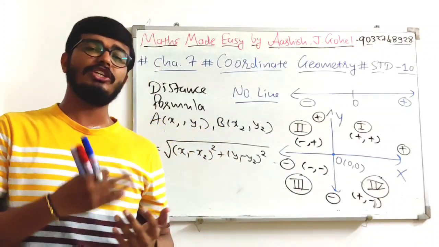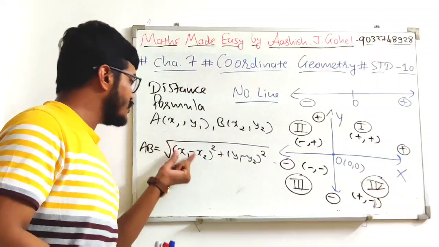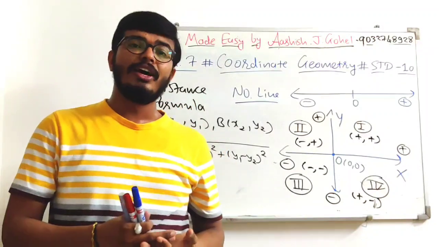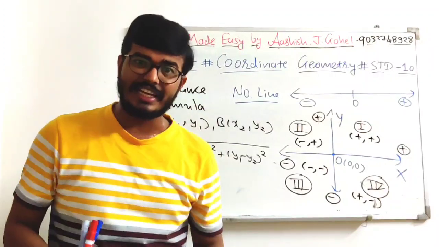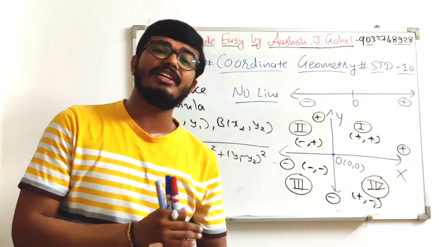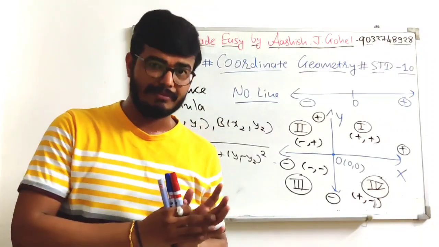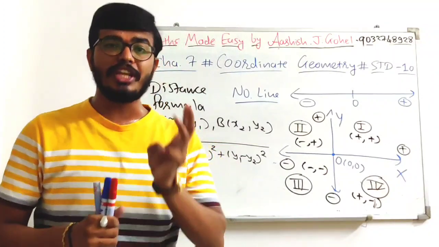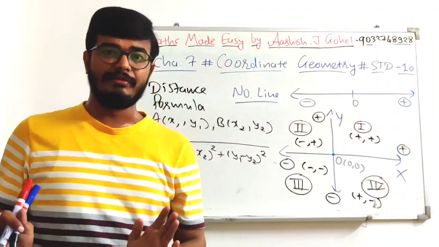Okay, now what is the use? What is the benefit of this distance formula? We are learning this distance formula. Okay, so with the help of the distance formula, if 2 points are given or 3 points are given, 4 points are given, then we can sometimes identify the shape. Let us assume that 3 points are given. So with the help of 3 points, we can make a triangle or we cannot make a triangle.